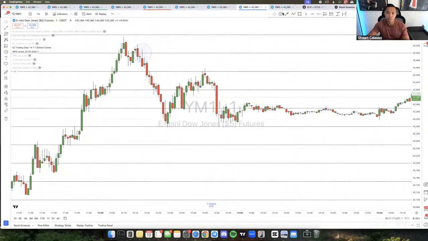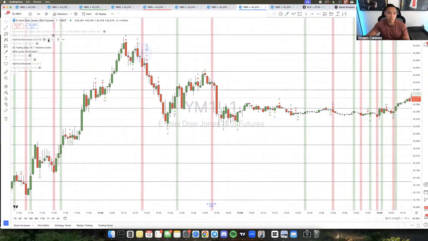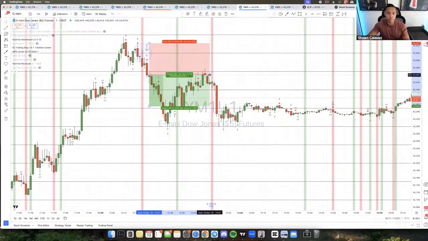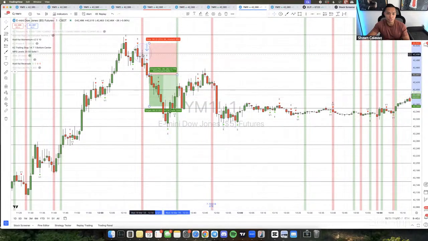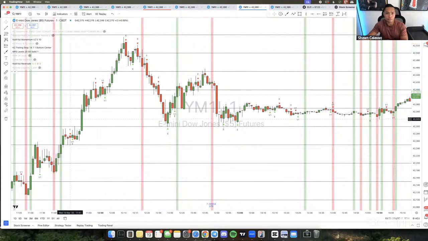42,500. If I get a sell entry somewhere around here, whether it be a reversal entry, like a rejection, and then I have an engulfing candle right here, or if I have momentum right there, so you have a sell signal, this is an MPSv2. That gives me the opportunity to take the entry right there. I don't take the entry based off the rejection, I take the entry off the confirmation. So I just use the bounces there for my confluence.